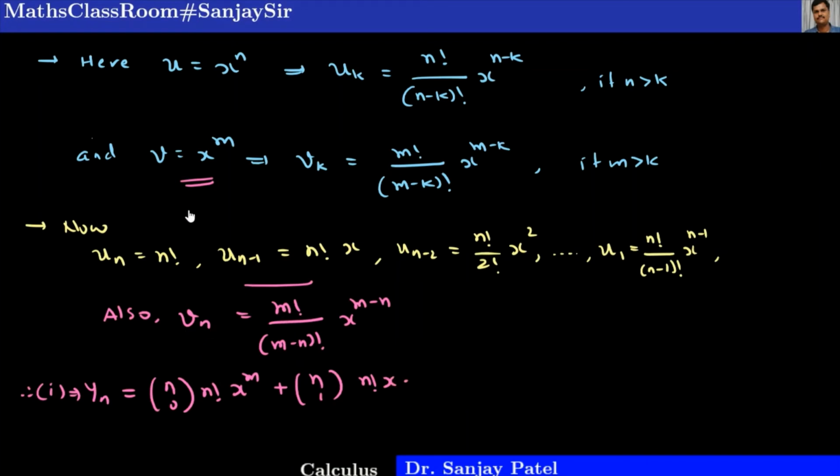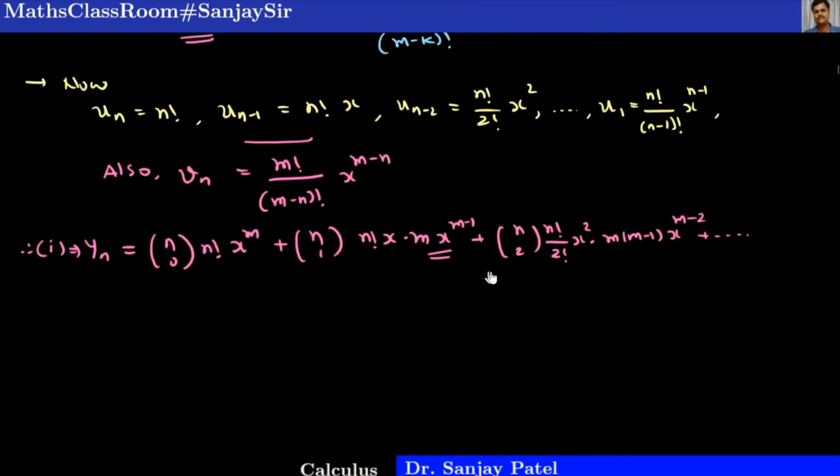v1, the first derivative of v equal to x raised to m, is m times x raised to m minus 1, plus nc2 into u n minus 2, which is n factorial upon 2 factorial into x square, into the next derivative of this function v, as m into m minus 1 into x raised to m minus 2, and so on. The last term we can write as ncn